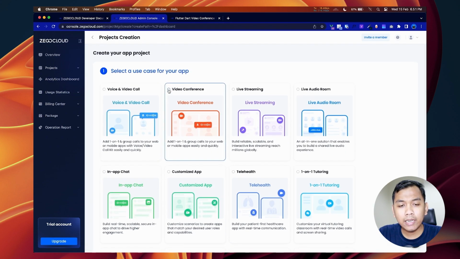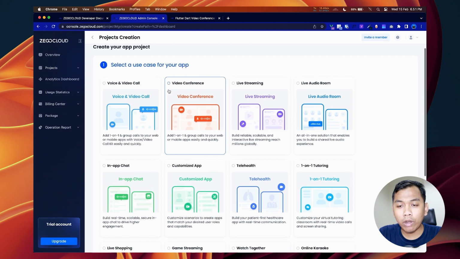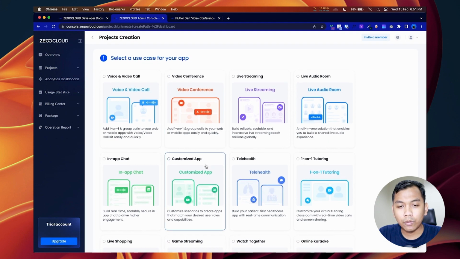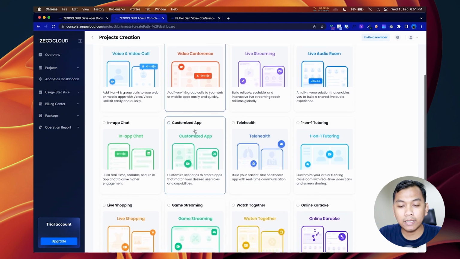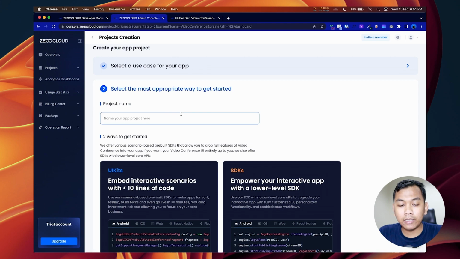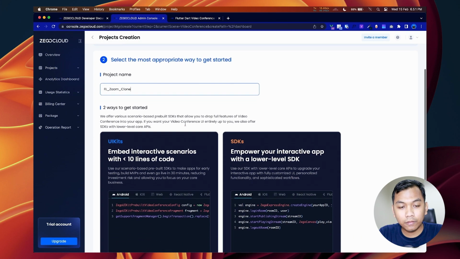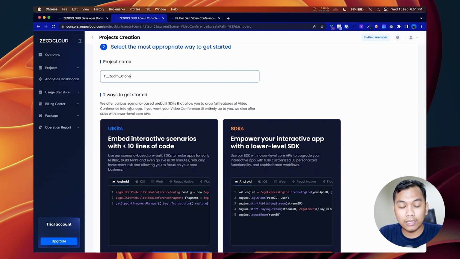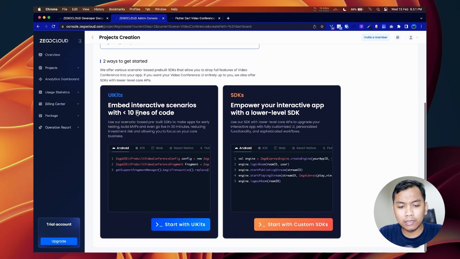And let's select a use case for our app. For now, we want to create a video conference app. Press next. And let's give a project name for our project. So let's say Flutter Zoom Clone. And we can see there are two ways to get started.